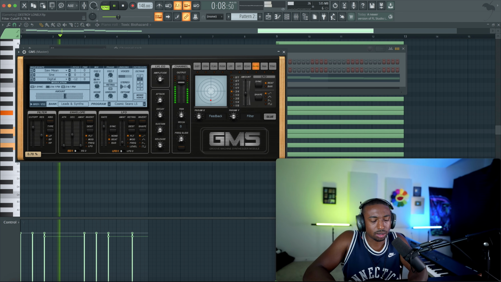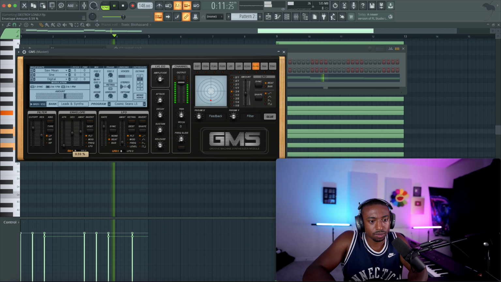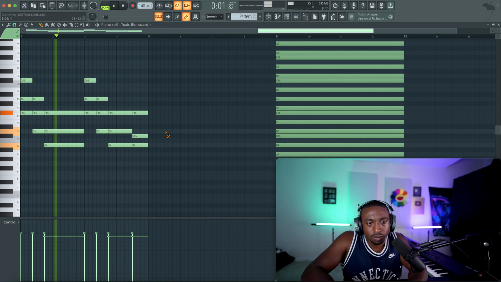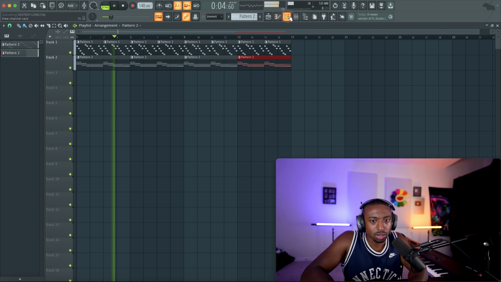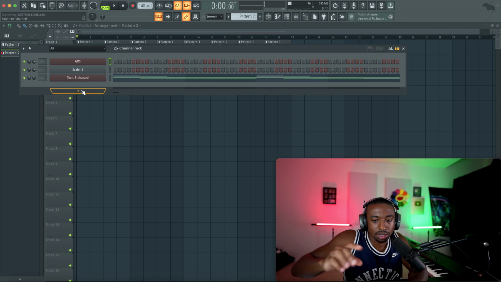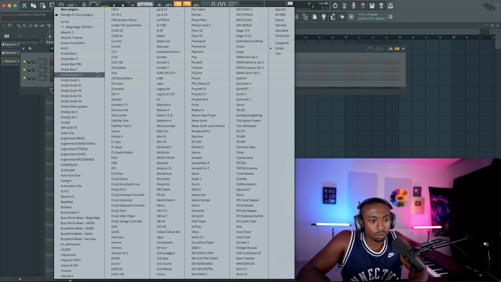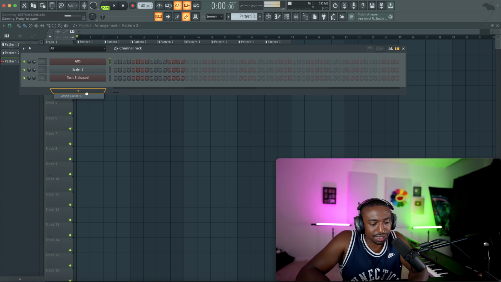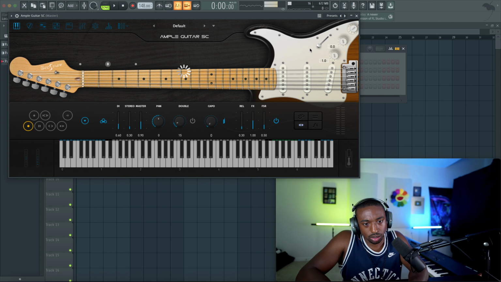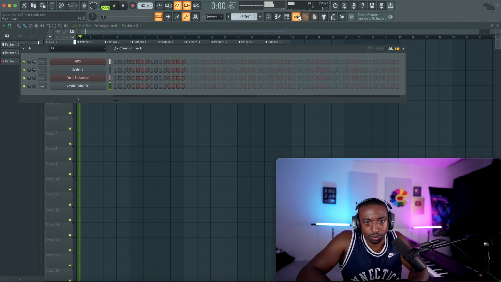Let's brighten up our main lead. I'm adding a curvature here with this decay curvature. Okay, so we can also add like a guitar type sound on the PC. You guys can use FL Slayer. I don't have a PC. So we're gonna open up acoustic guitar SC for Stratocaster. This guitar is really good for melody in general. Let's see if we can copy our chords.